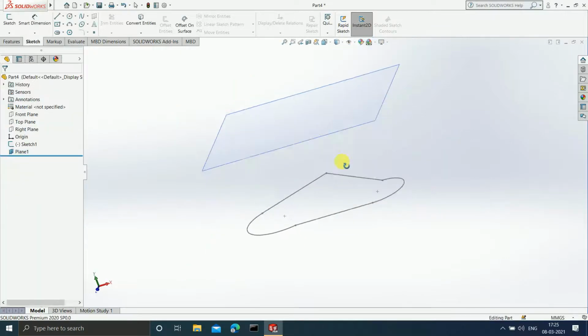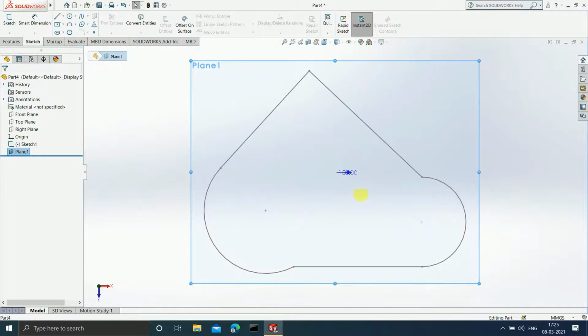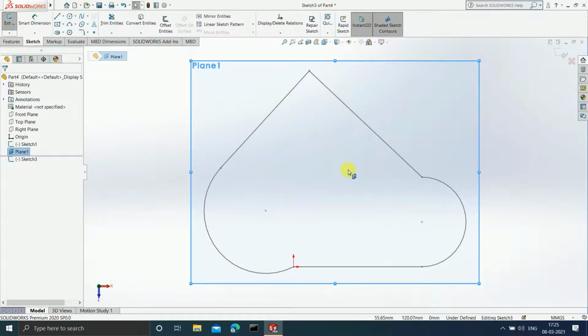Now as you can see, I have added a plane. I will select this particular plane, press Ctrl 8 so that it becomes normal to your line of vision, and now you can click on Sketch. Now suppose on this particular plane, that is Plane 1, I want to draw the same sketch. Then what will I do? Will I draw it again?